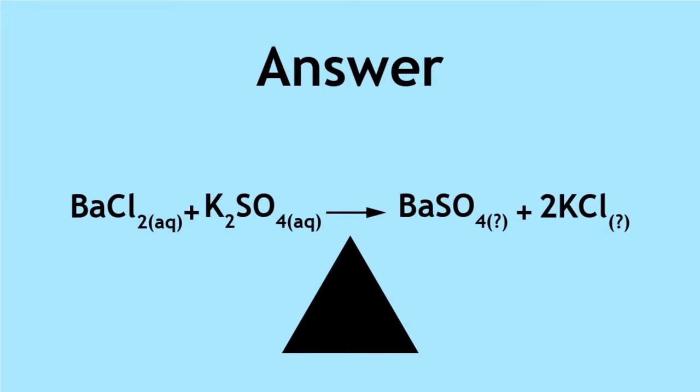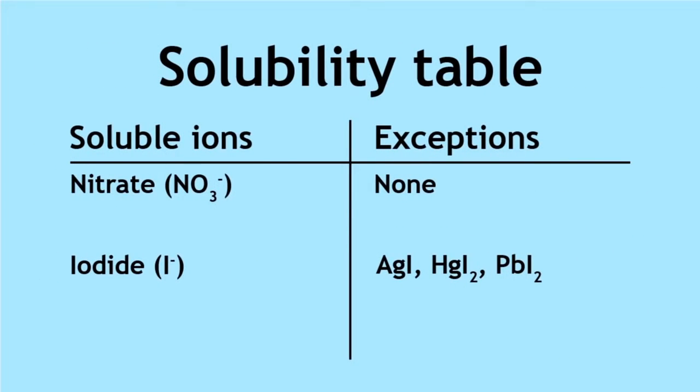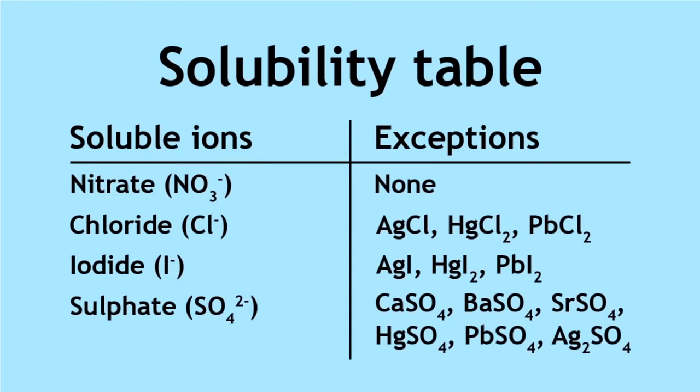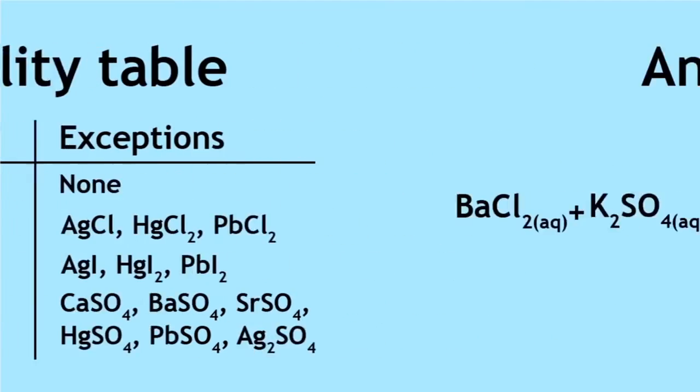Using the solubility table, we can see that almost all chloride salts are soluble in water, so potassium chloride in water forms an aqueous solution. Almost all sulfate salts are soluble, except for a few, with one of them being the barium sulfate precipitate. So, the reaction equation, including all the state symbols, is